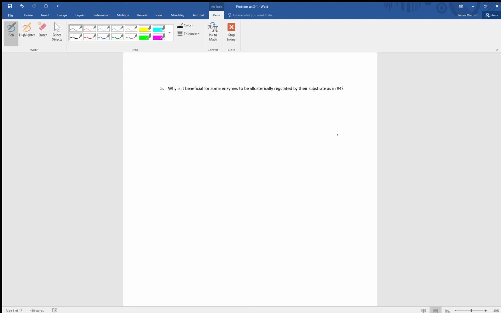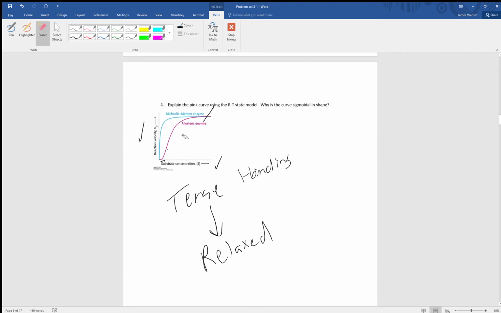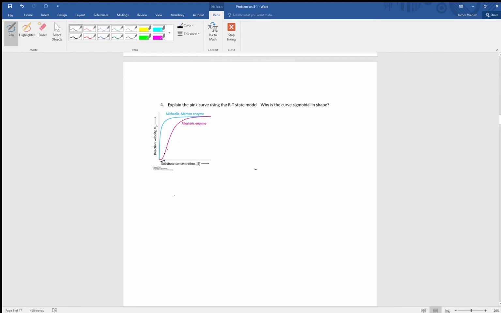Question 5 asks, why is it beneficial for some enzymes to be allosterically regulated by their substrates, as in question 4 here? All right. Well, the reason why has to really deal with the steepness of the slope when we have a sigmoidal curve. If we compare a hyperbolic curve and a sigmoidal curve with similar parameters to them, right, similar Vmaxes and Kms and stuff like that, what we will see is that for our,